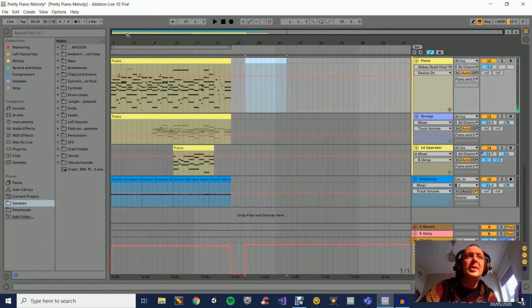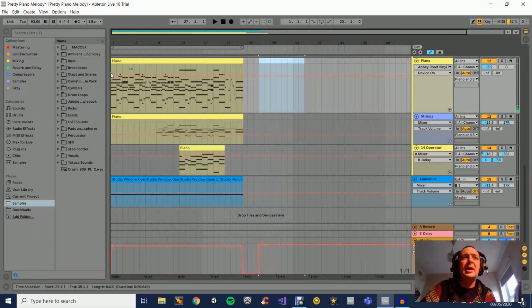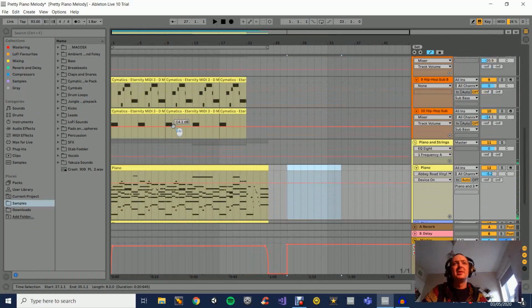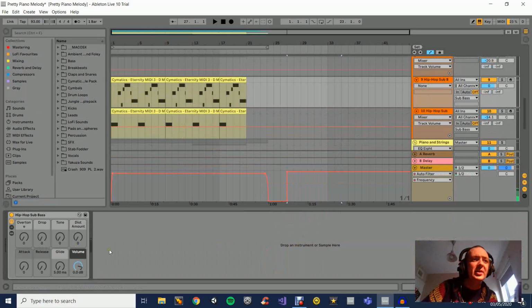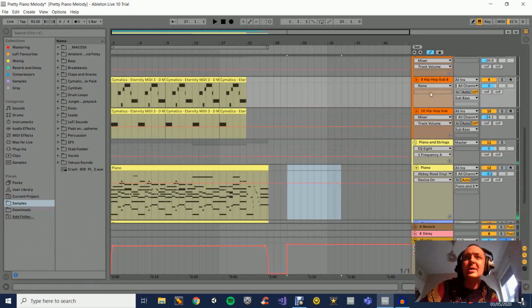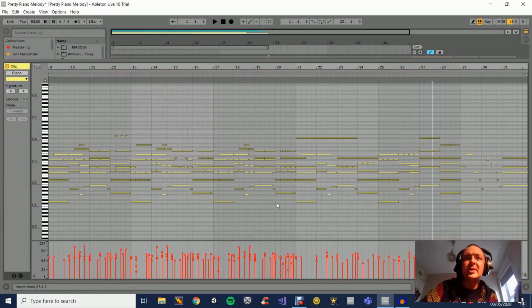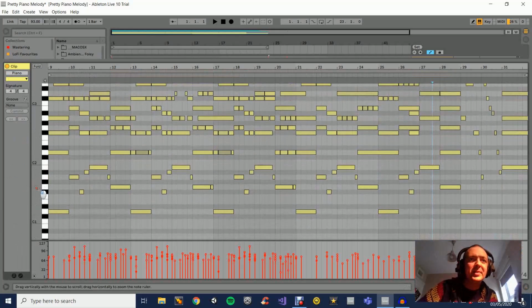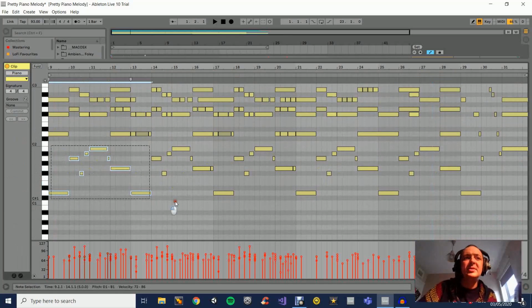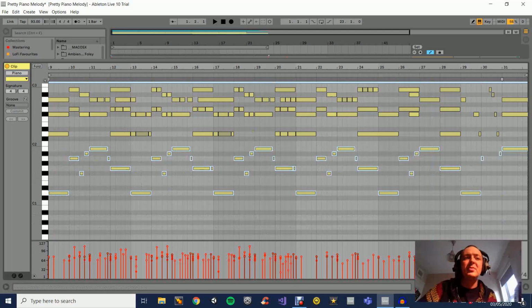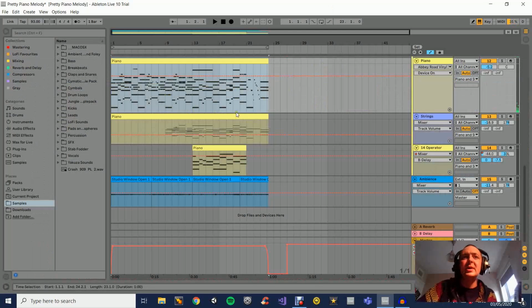Okay, so once I got the piano in and I set about putting some variations in there, I then went to make a bass line. The way I made a bass line was, actually I used the sound here. I've used a preset from Ableton, a hip hop sub bass, and what I did was just from the piano roll here, all these bottom notes, the lowest notes, these ones here, I've just copy and pasted that MIDI, and I've taken it over and popped it into a new MIDI file,